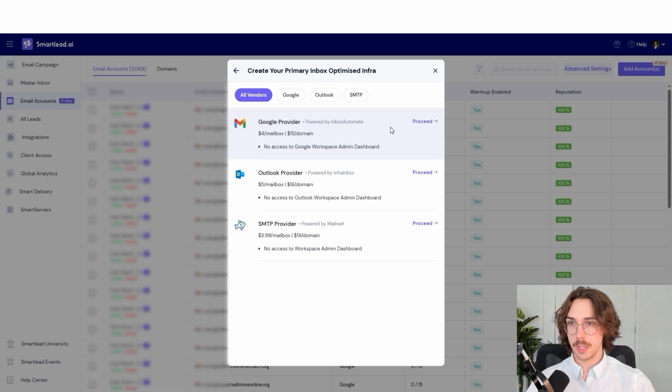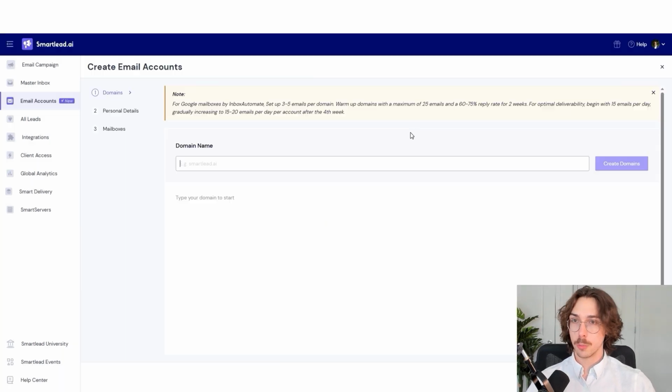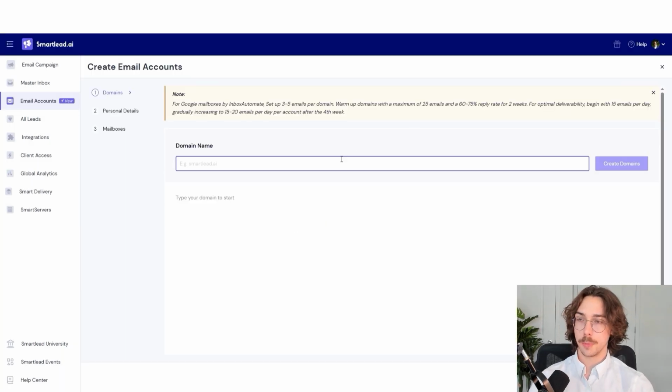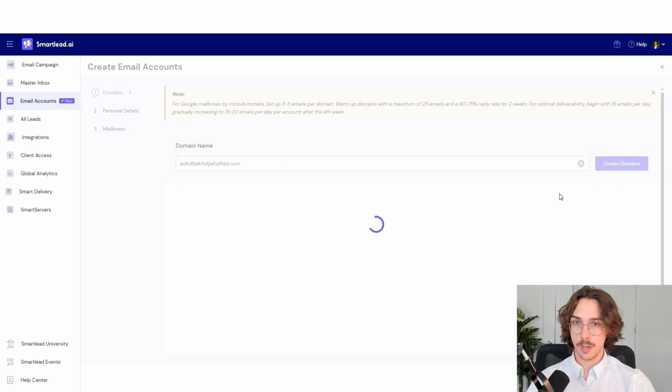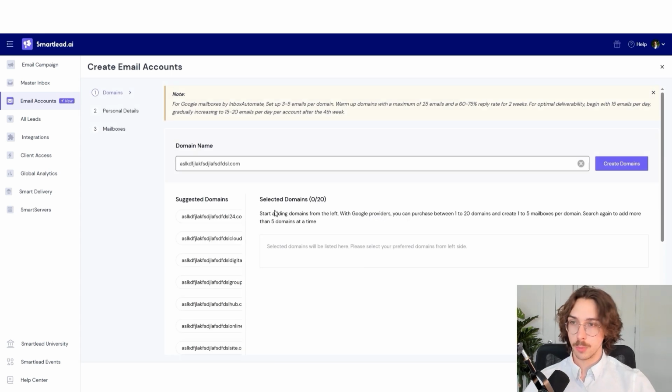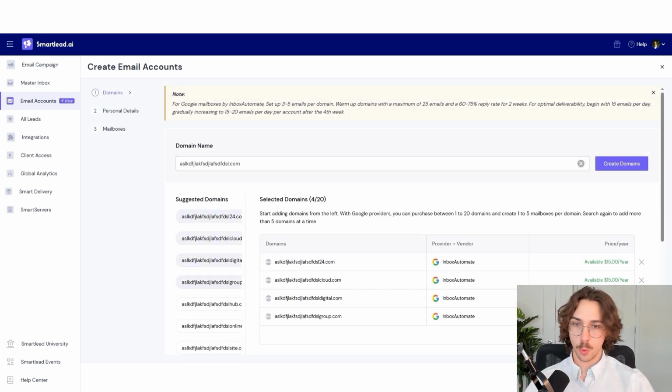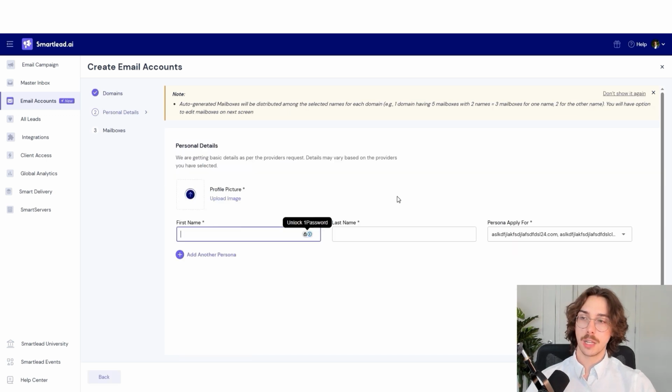So if you want to set up a Gmail account, for example, here, you can press proceed and then you can set up your domain. So I can just enter in a dummy domain here. I'm going to press just whatever this is, .com. You can create your domains and it's going to give you some suggestions so you can set up multiple domains. I'm going to select 4 here in this case. It's going to give you the billing total here,